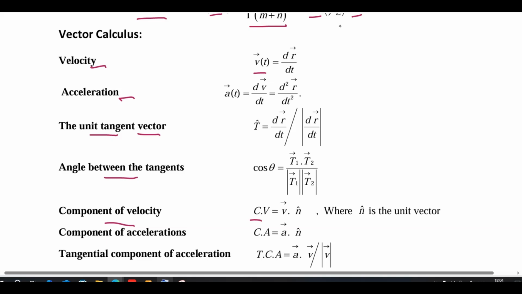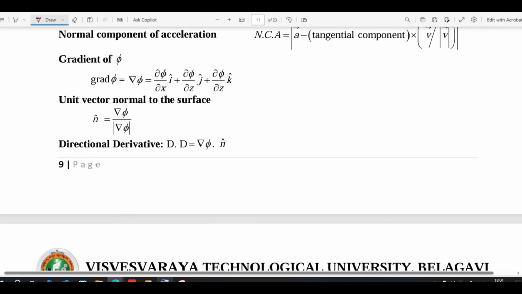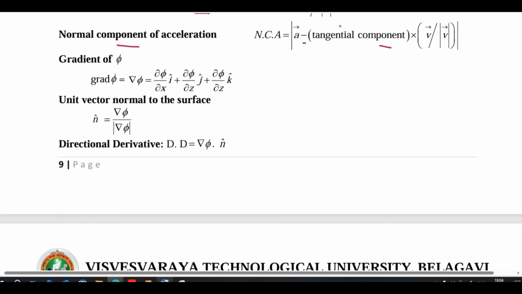Component of velocity will be v vector dot n cap, and component of acceleration will be a vector dot n cap, where n cap is a unit vector. Then the tangential component of acceleration will be a vector dot v vector divided by magnitude of v vector. Then the normal component of acceleration will be the magnitude of a vector minus the tangential component into v vector divided by the magnitude of v vector. Gradient of phi,